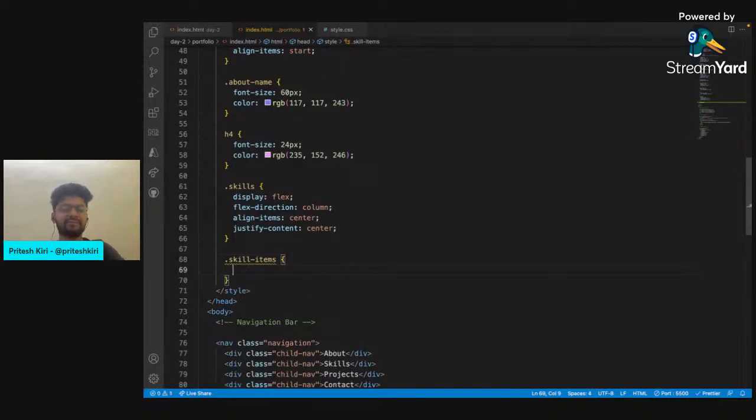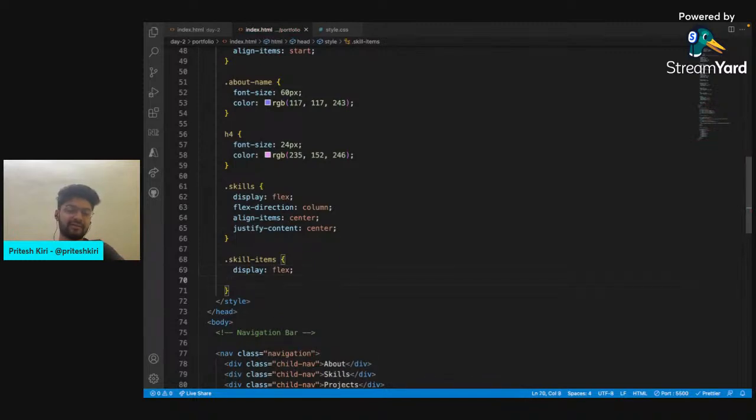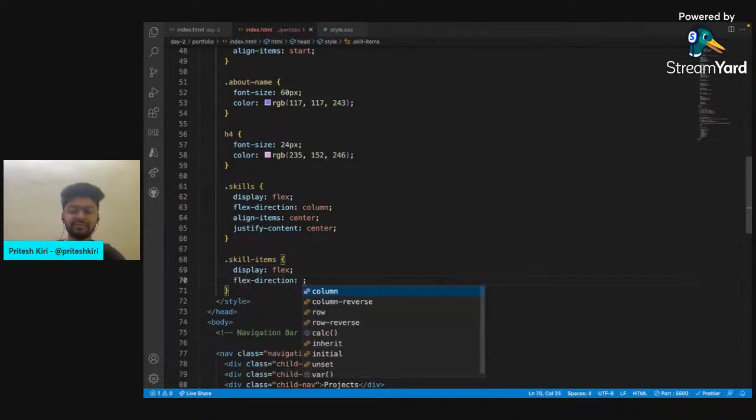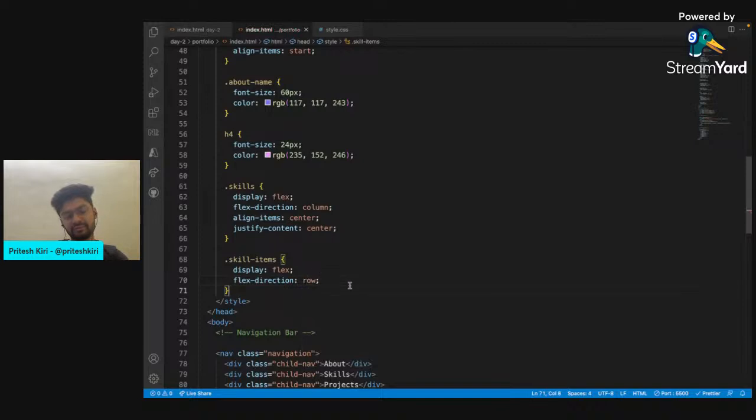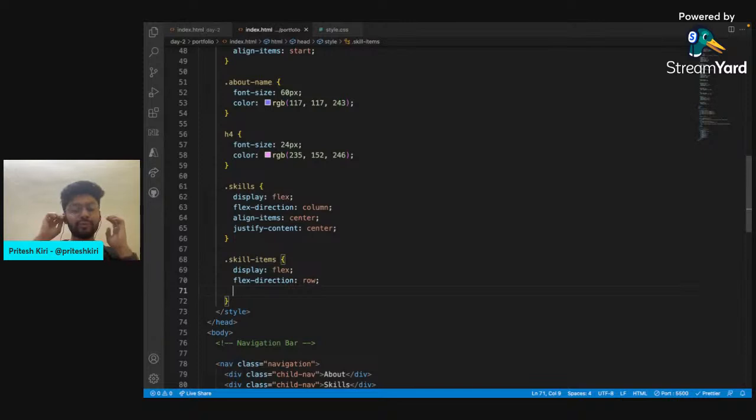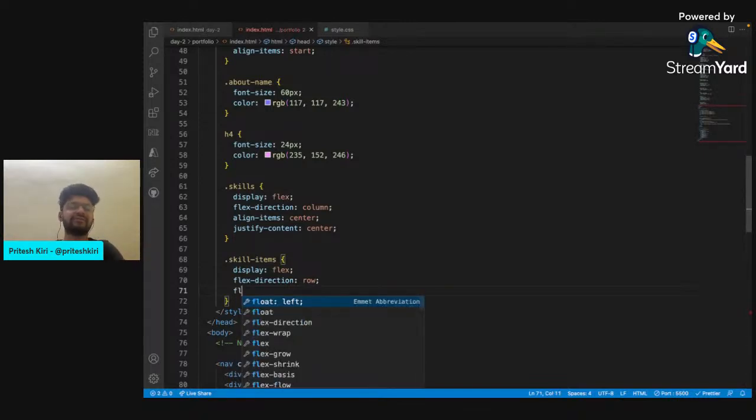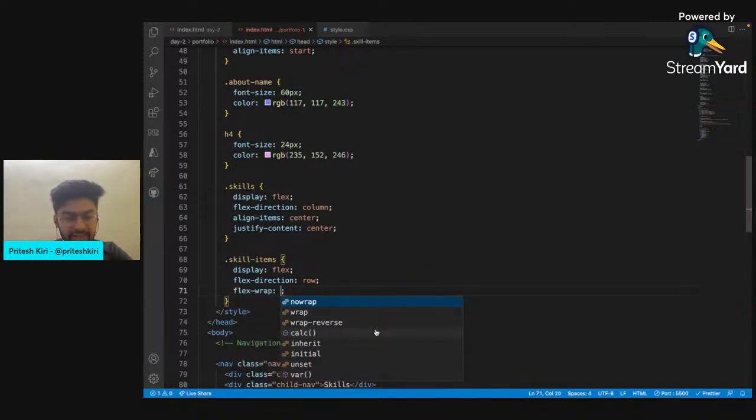I have to give them display flex here again. Then we can add flex direction as row. Here we will be adding a new property called flex wrap. What it will do is, if your elements are more than the entire width of the viewport, it will wrap that down. I'll show you how this works. Flex wrap as wrap, and then